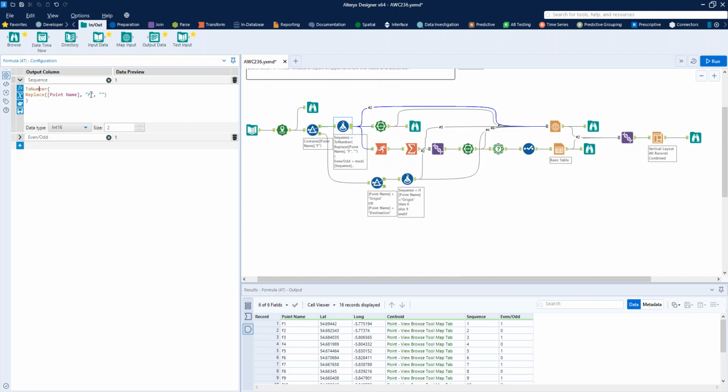Then the even and odd is using the modulo function, modulo 2, on the sequence field, and we can see that we get a 1 or a 0. The 1 means it's odd, and the 0 means it's even. That's lovely. That means we can go ahead and create our